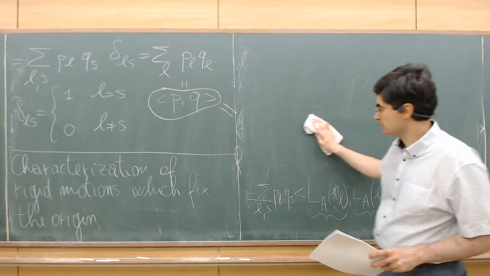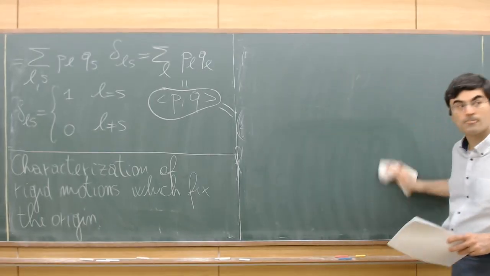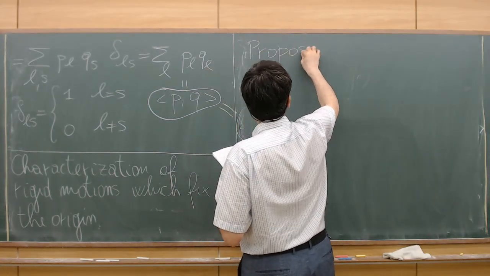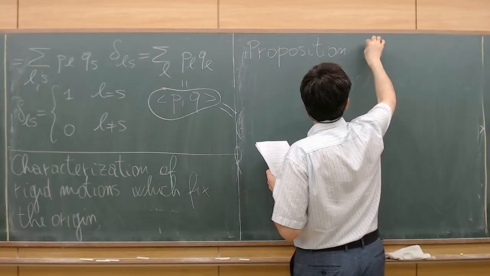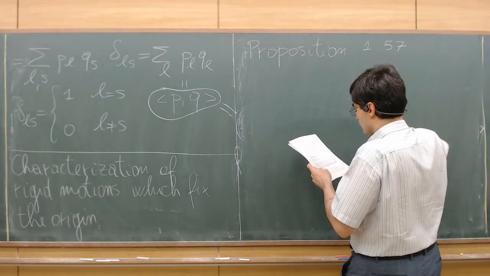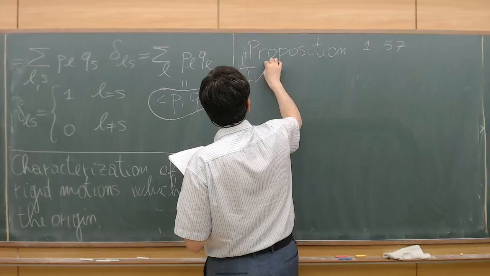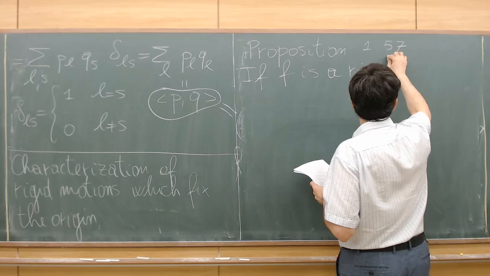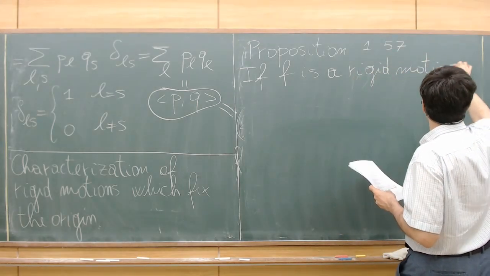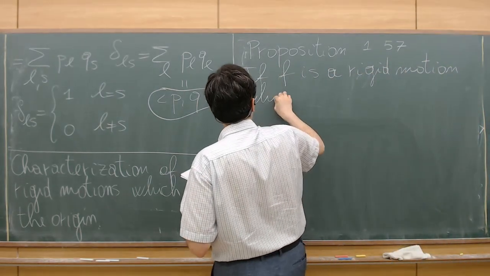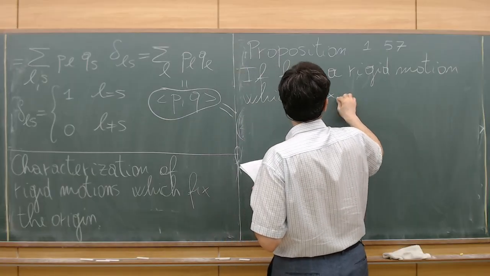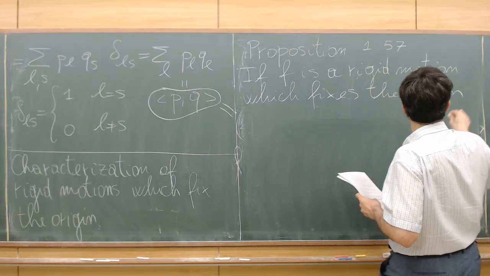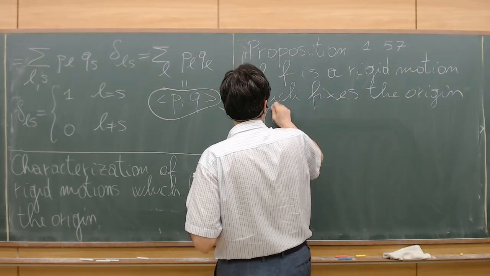The answer to this question is provided by Proposition 1.57, which says that if F is a rigid motion which fixes the origin, that is F of 0 is 0,